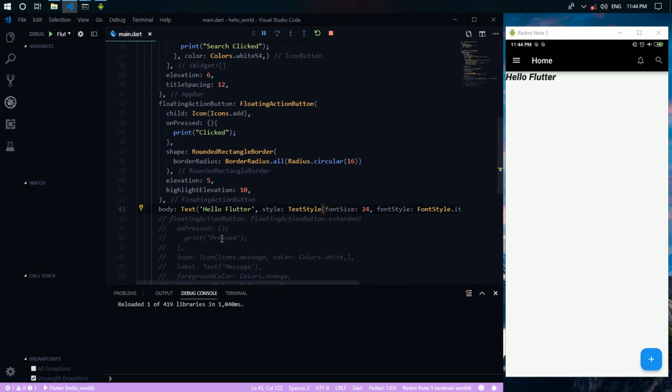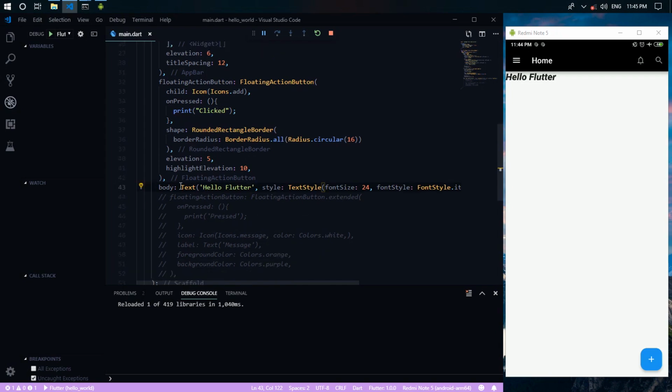Now there are certain conditions where we would like to add some styling inside the same line but to different words. That is also achievable in Flutter by using the constructor called Text.rich.